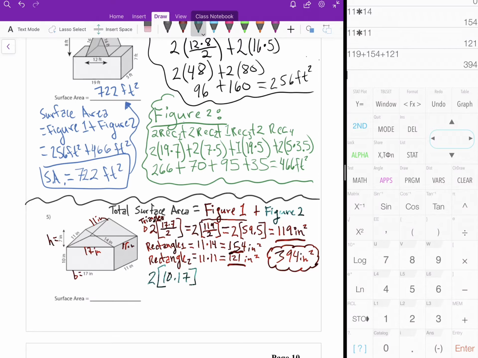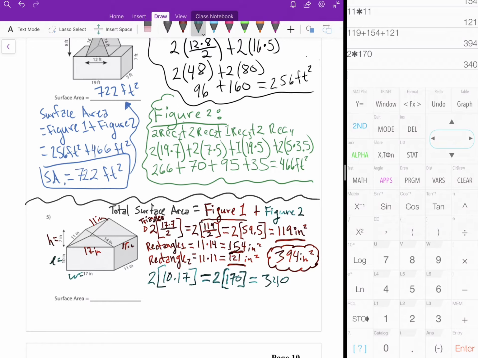Alright, so then here is where I got it, so I'm going to erase that. So let's just call this length, and this is my width. So length and width, so 10 times 17 is just 170. Now we multiply that by 2, which should be 340. 2 times 170 is 340. So we have 340 for my first